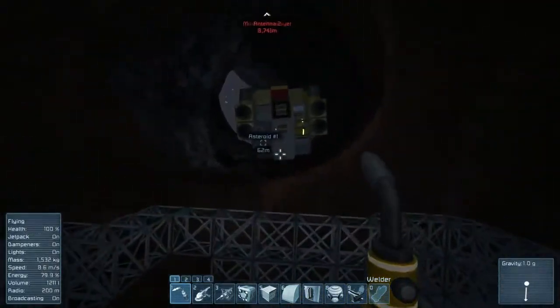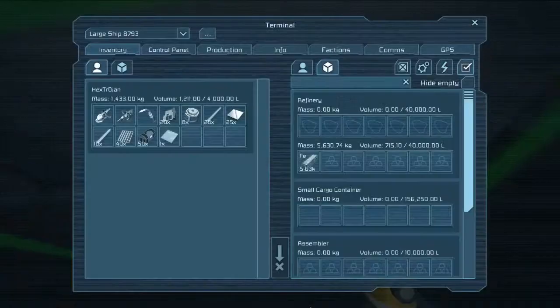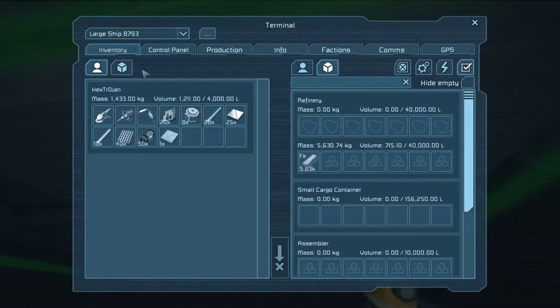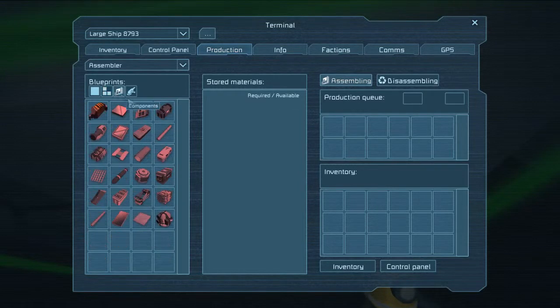I think while I'm tearing this down, I might get it to build some steel plates for me. This might be a good idea. I should have really started that earlier. Production. Okay. Pretty sure I have iron, and I do. I have plenty of iron, so go to production. That's what I'm doing wrong. Steel plates. Here we will have it